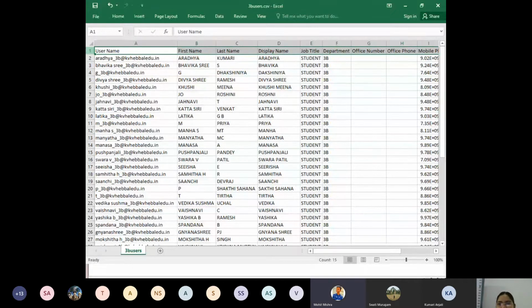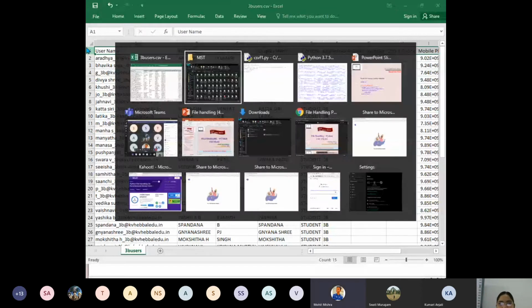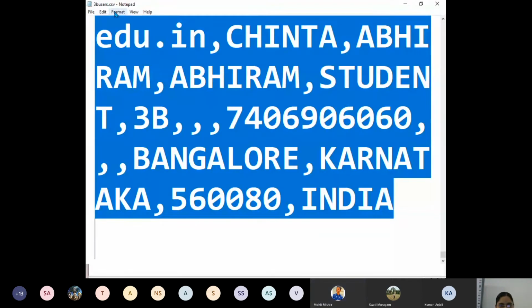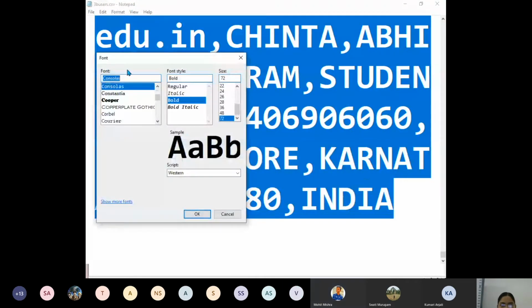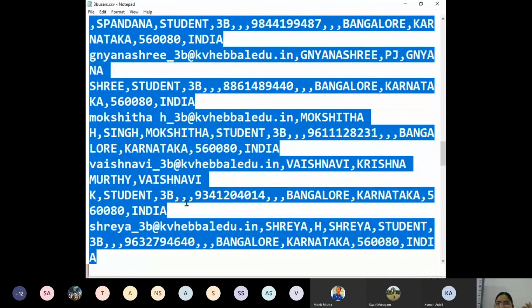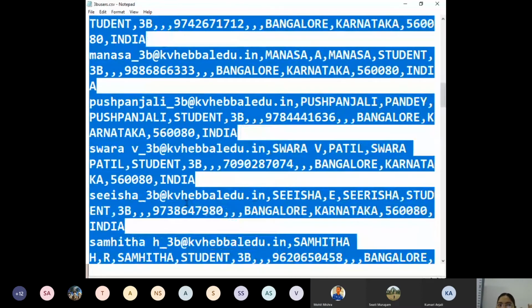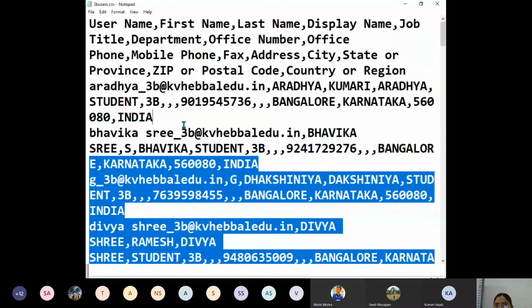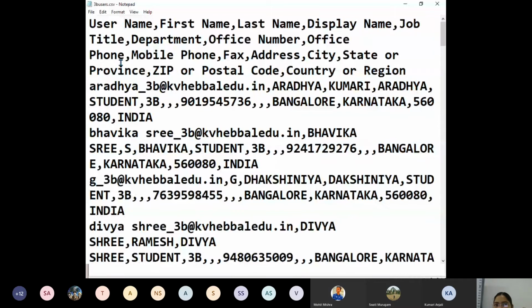Now you can see, children. Can you see? Now let me reduce the font size so that you can see. Can you observe the difference? As this is a CSV file, username is one field, followed by a comma. Next field is first name, then separated by comma. So all the fields are separated by comma till the last field.